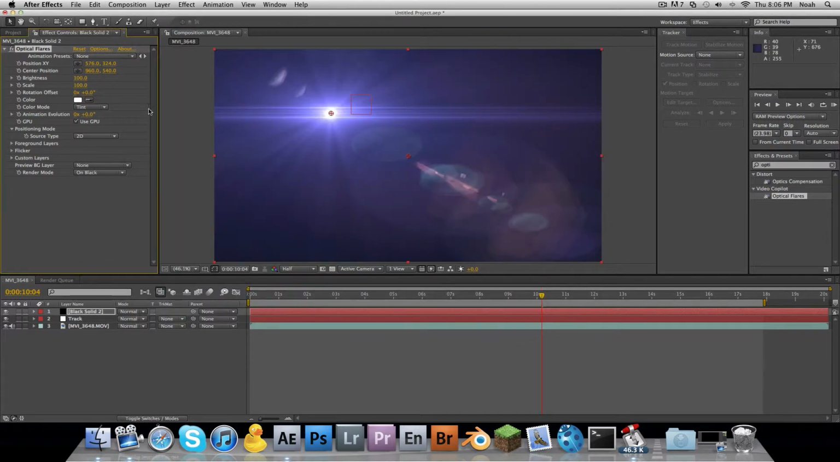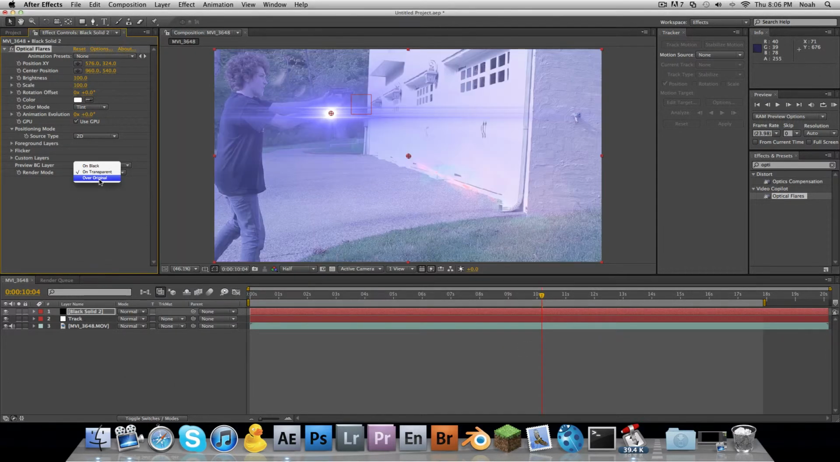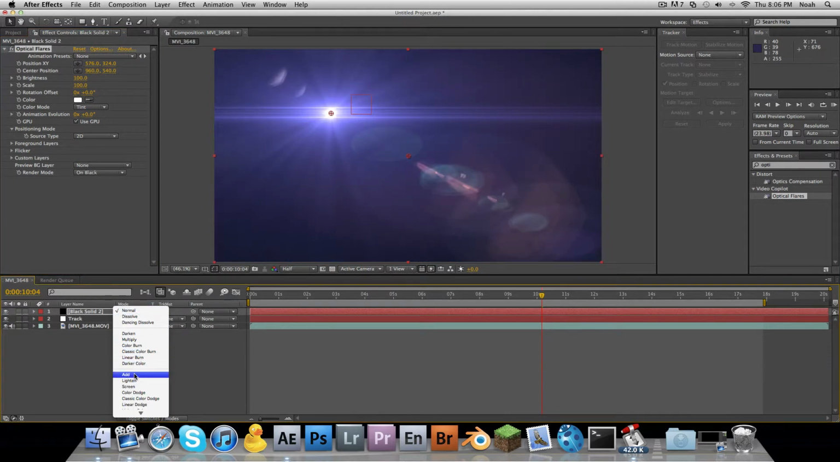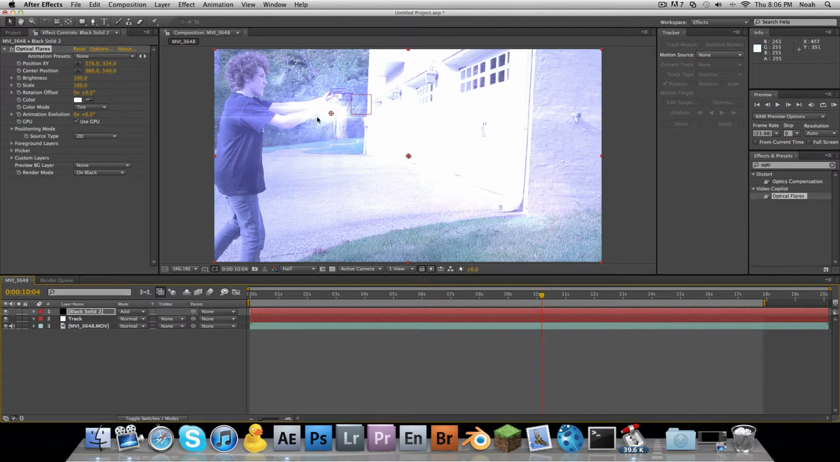And we're going to hit OK. Make sure the render mode is on black, not on transparent, not over original. On black. And then make the blending mode on that layer set to add. So now we're going to adjust this just a little bit, get everything positioned nicely, and we need to parent